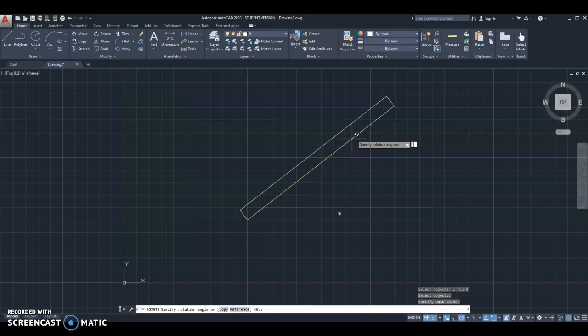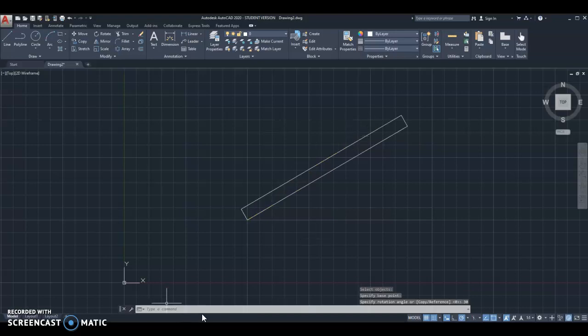So let's say I want it to rotate 30 degrees. I can enter 30, enter, and I've rotated it. Okay, so it took it from its original position and rotated it counterclockwise. AutoCAD wants to do everything in a counterclockwise